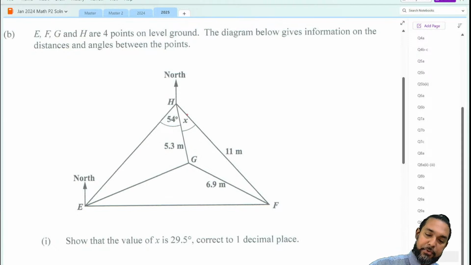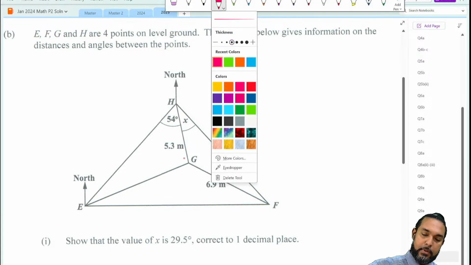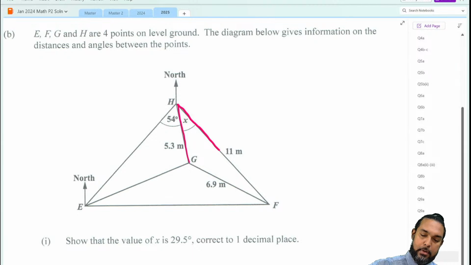Angle X. So they want to show that this angle is 29.5 degrees. Okay. So what we're going to do is, hold on, sorry. Let's draw in